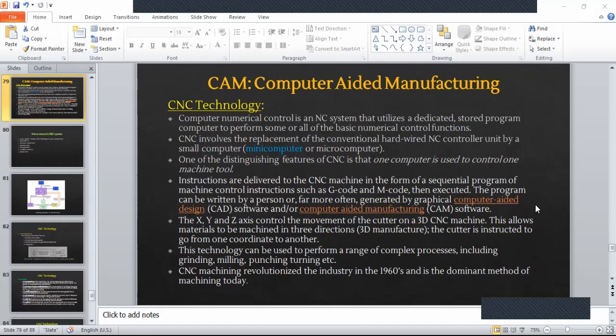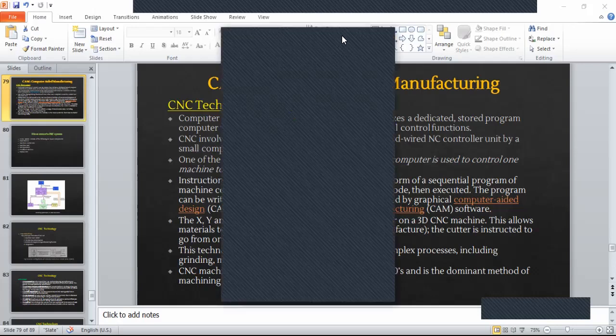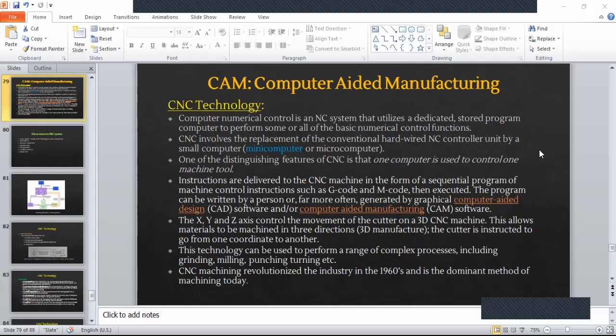Like for example, if you had seen a turbine, I'll try to show you one video, hopefully, of a turbine blade being manufactured using CNC, how difficult that is, and why it requires multi-axis machines.